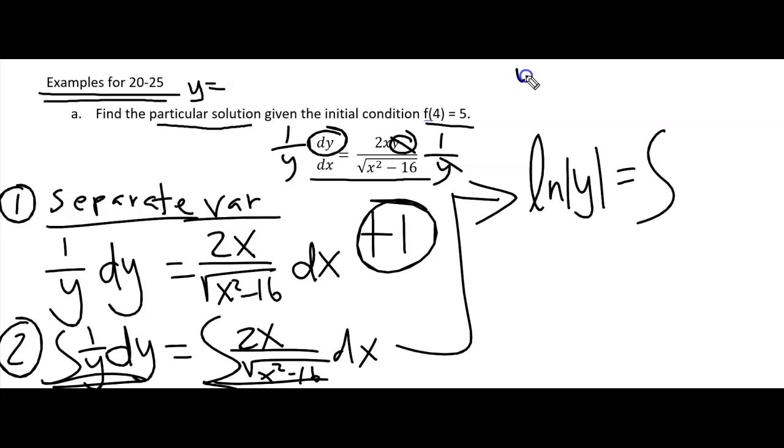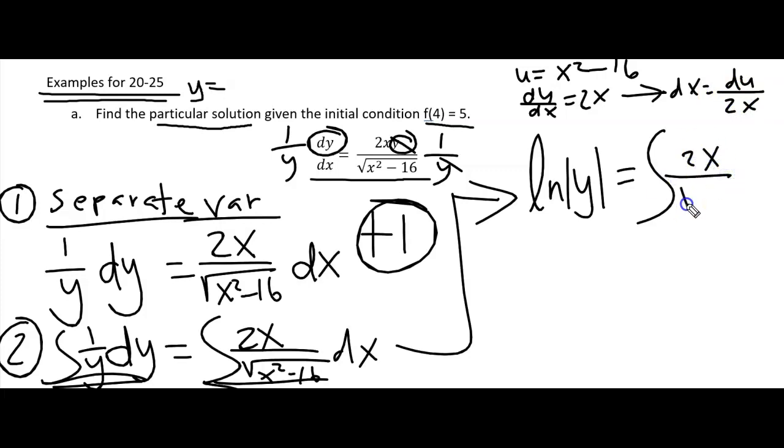What you would do is u substitution. The u is x squared minus 16. The derivative of u with respect to x is 2x, and therefore dx is equal to du over 2x. So if I do some u substitution, I'm going to have the following. And conveniently, those go away. So now I'm left with